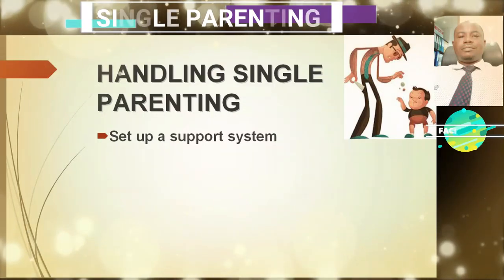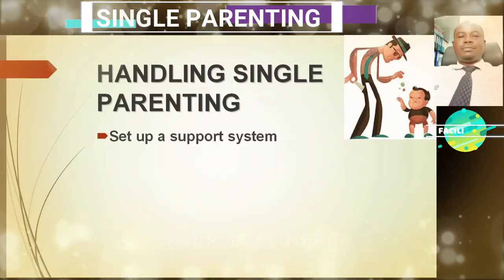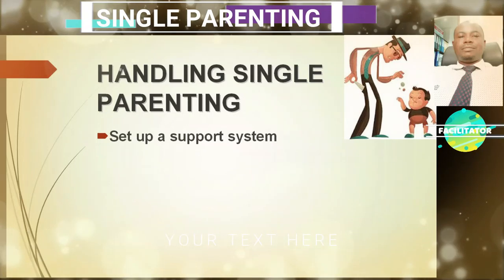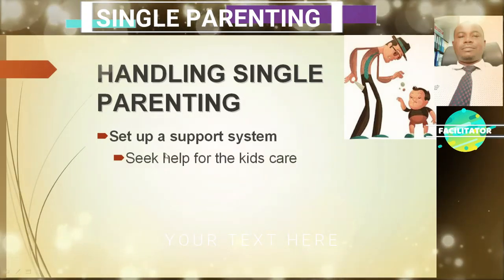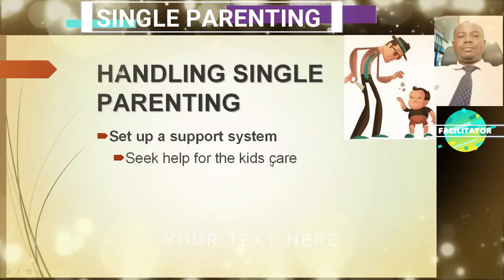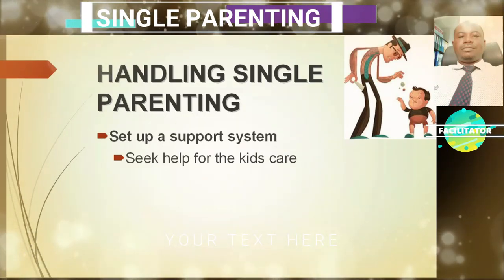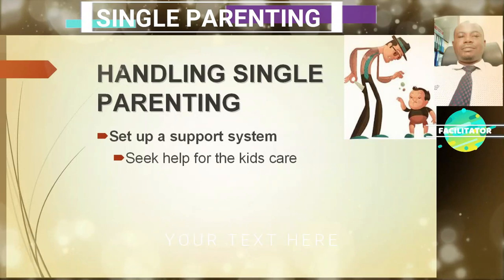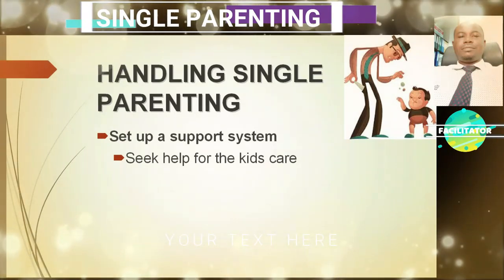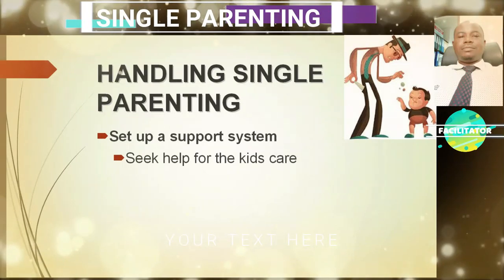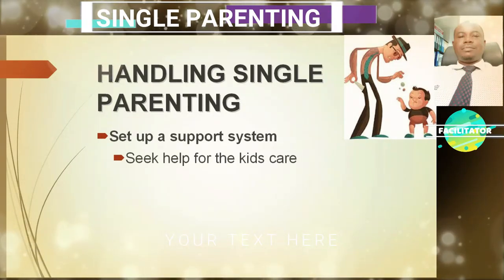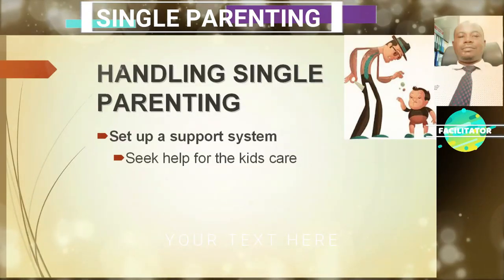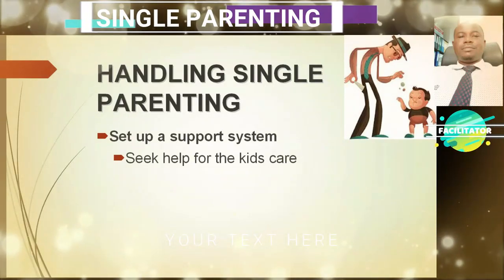So if you end up as a single parent, the first thing you need to look at is to set up a support system. You have to seek help for the kids' care because you are alone taking care of the kids. So you need help. Like I said, if they were two, when one is busy, the other can make himself available for the kids. For example, the father and the mother are taking care of the kids. The kids will go to school. If daddy cannot pick them from school, he can just arrange with